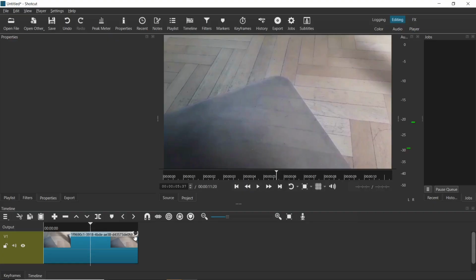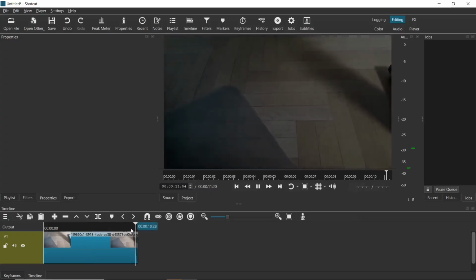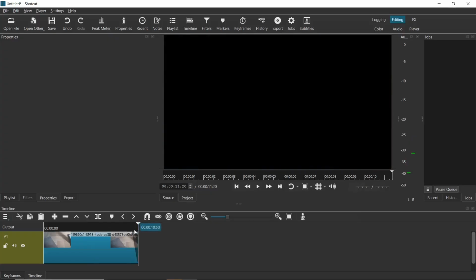We need to move our cursor on the track, and here we have pulsing dot. We need to press and hold this dot and move it to the left side, maybe something like that. It will let us make fade out effect. It will look like that. As you see, it looks really great, but if you would like to add fade in effect, you need to